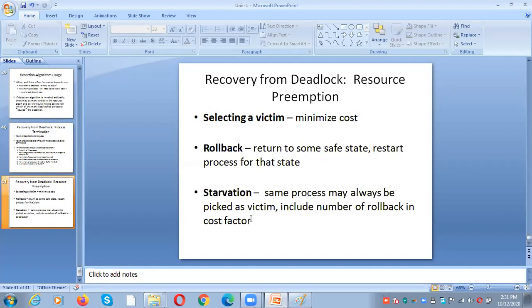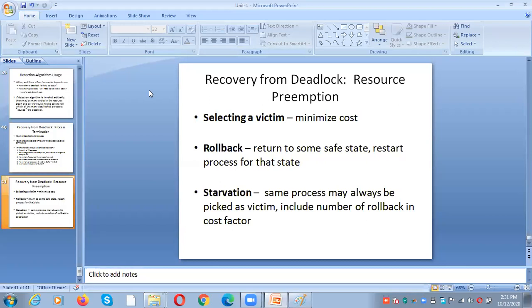Okay, that is about recovery from the deadlock. So this is the end of the session. If you have any doubts, let me know. With that, we completed what is deadlock, necessary conditions for deadlock prevention, what is the system model, request, use and release, what is resource allocation graph. So how can we find whether a deadlock has occurred or not with the help of the resource allocation graph.